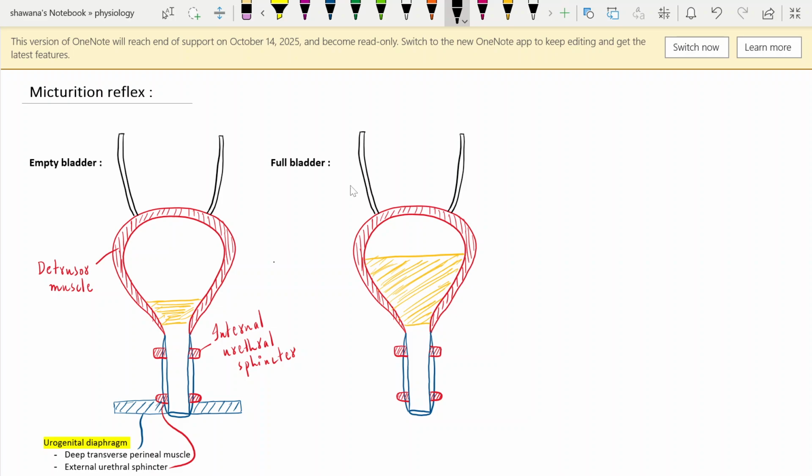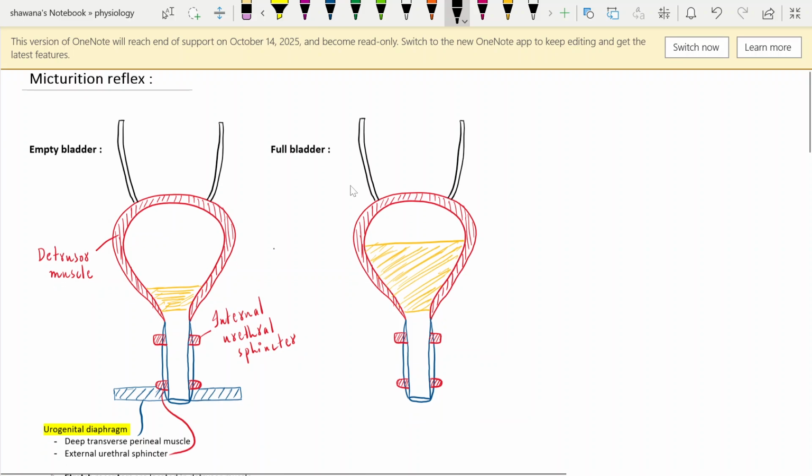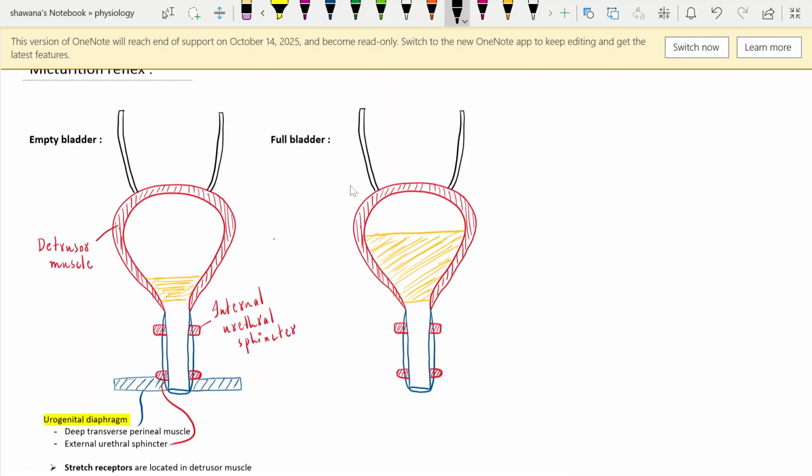Today our topic is about the micturition reflex. It is about the urinating and non-urinating processes in our central nervous system and in accompaniment with the bladder. So let's get started. First of all, a basic anatomy is required: the muscle lining the bladder is known